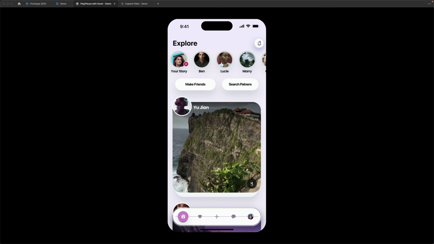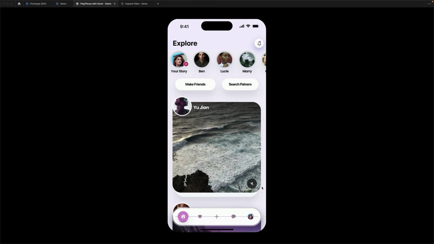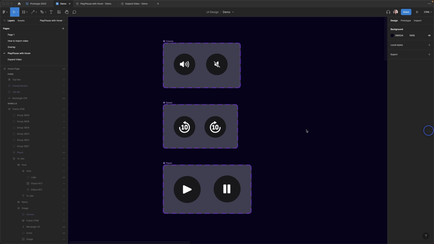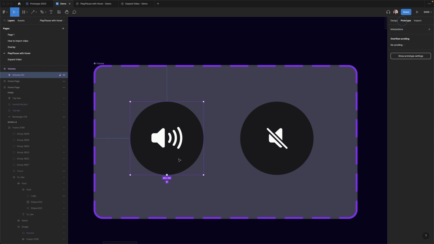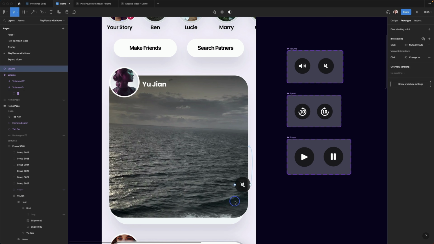Now let's add the mute-unmute interaction. It is the same concept as the play-pause option. So when we click on the unmute, we will hear the sound. I have already created a component. All that is left to do is to connect the volume onto the volume off. We're going to drag the connection node from the volume onto the variant volume off, and we'll keep it like that. So drag back the variant 2 to variant 1.